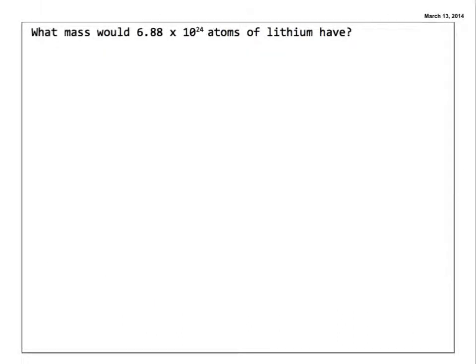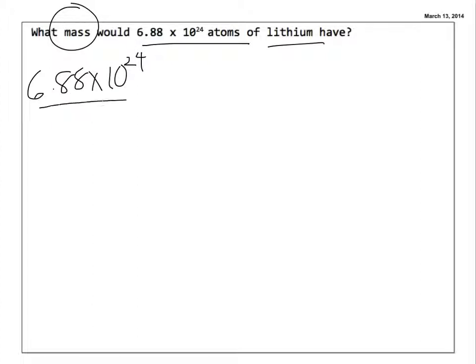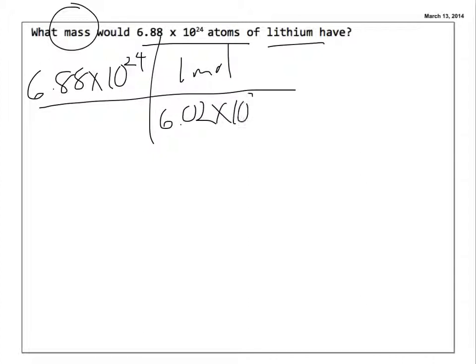So we're starting now with the number of atoms, and we want our answer to be mass, which will be in grams. And we're working with the element lithium. So we have 6.88 times 10 to the 24th atoms of lithium, and as we just said, 1 mole is always 6.02 times 10 to the 23rd atoms. So we will divide 6.88 times 10 to the 24th by 6.02 times 10 to the 23rd, and that gives us